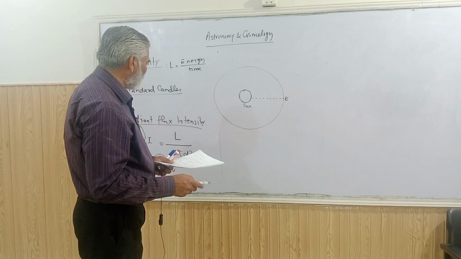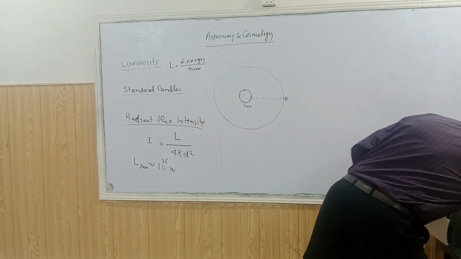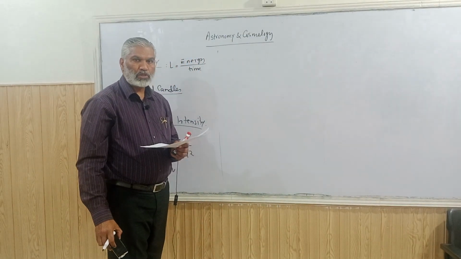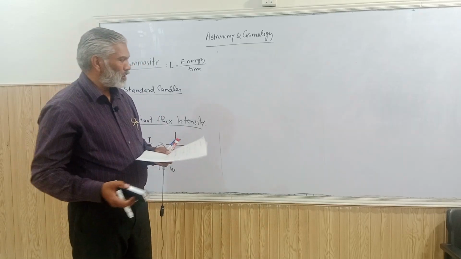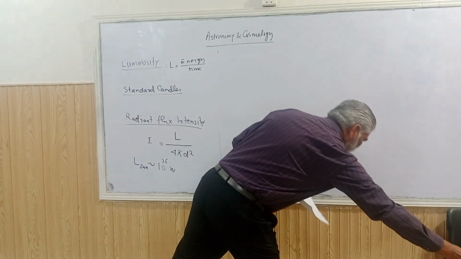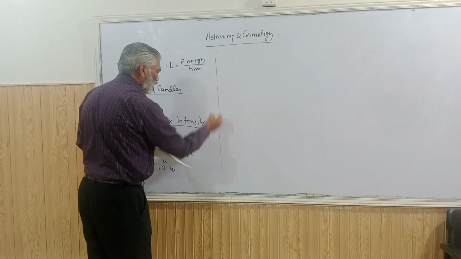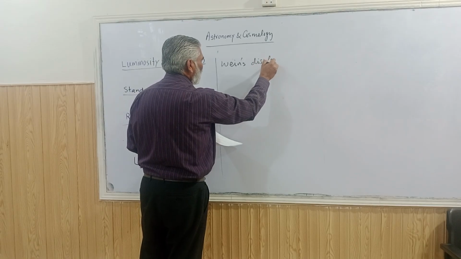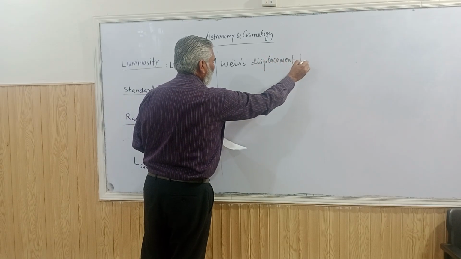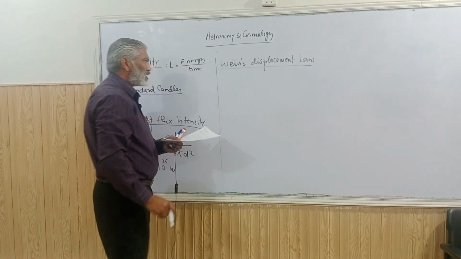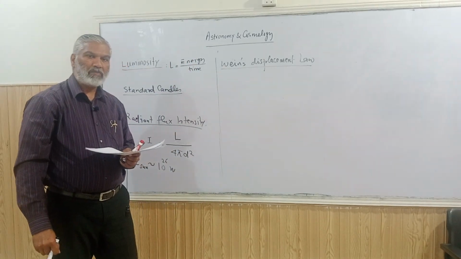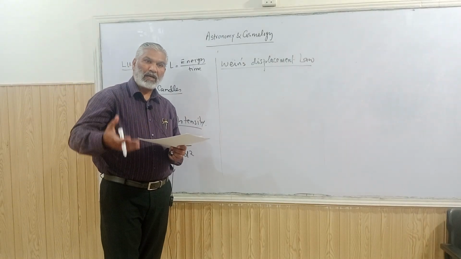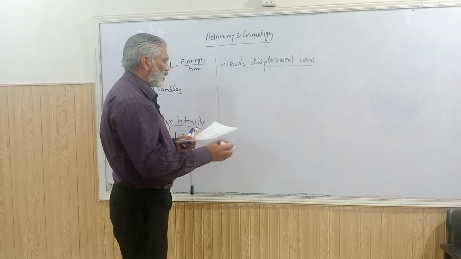After this, we can move on to another important idea, which is used for calculating the surface temperatures of the stars, and that is known as Wien's displacement law. This law tells us how we can estimate the surface temperatures of any object if we know what radiation it is emitting. For example,